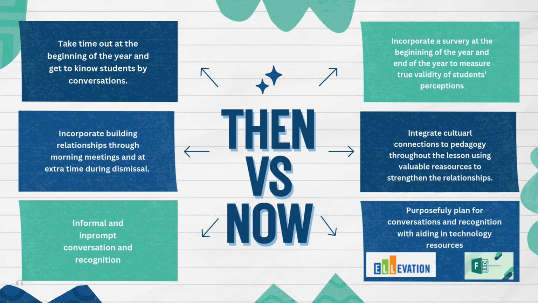I used to informally integrate cultural relevance into lessons and extra time allotted, but then I learned to plan with purpose, not just for the academic functions, but to highlight the culture and background of students and share the diversity throughout the lessons and not just at designated times. So now I use Elevation as a resource to deepen the cultural relevance in the classroom with the lessons and provide a survey for students to fill out before learning with me and after, to accurately see a difference in others' perceptions and not just my own.